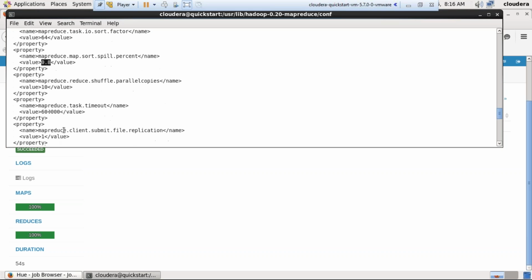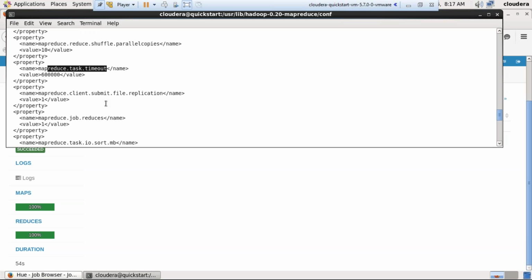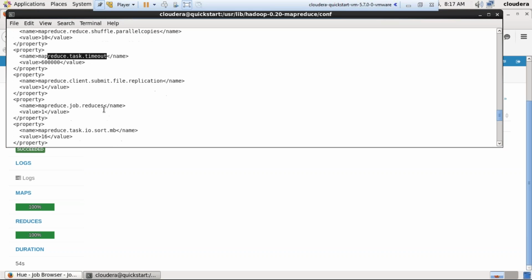And you also see here mapreduce.task.timeout. What is a timeout? Till then it is going to keep trying to run your MapReduce task. Beyond that, it is going to complain that it is not happening anymore. The mapreduce job.reduces default number is 1. And